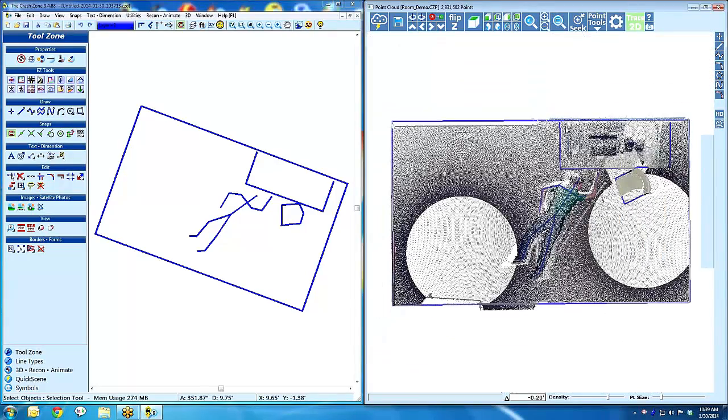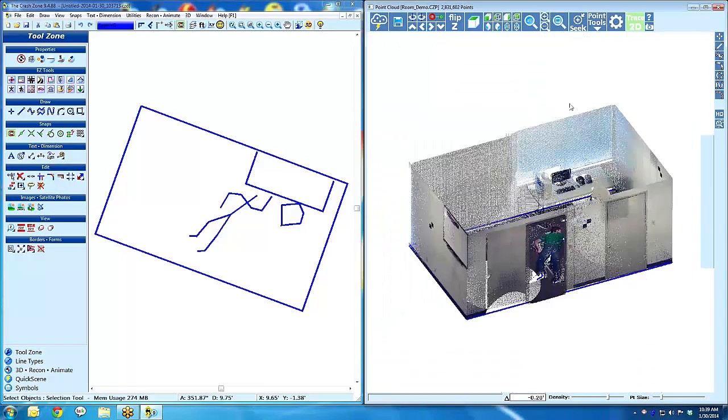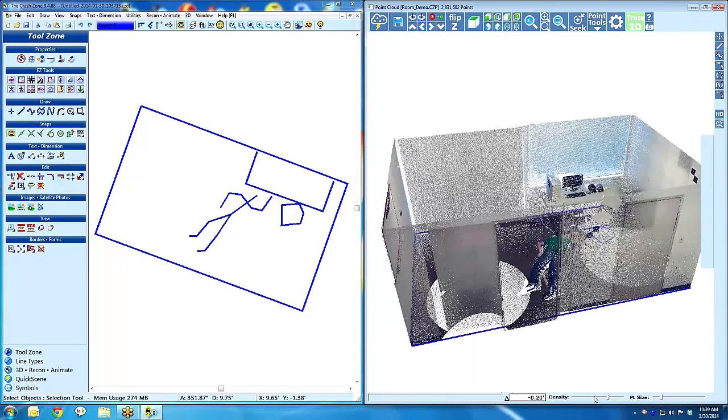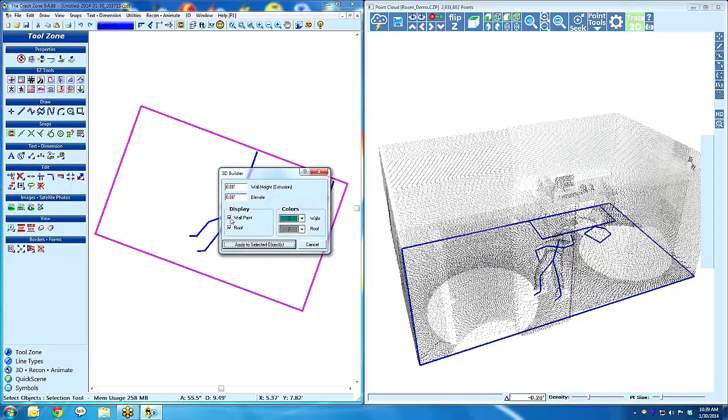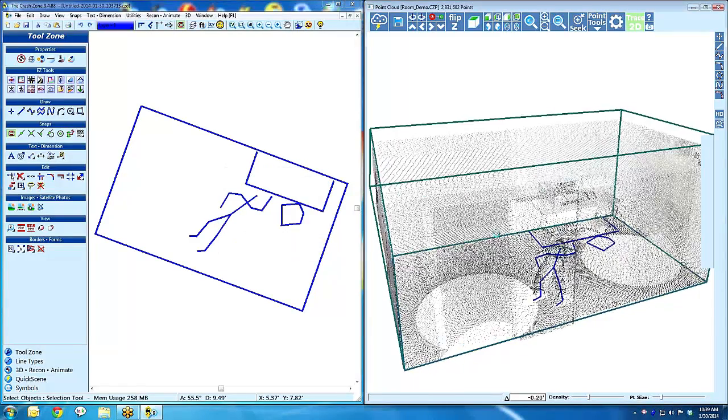Okay, so I've got my outlines in here. I'll go back to this view, and I'm going to thin up the density so you can see it a little bit. So I'm going to click on the outer wall, go to our 3D builder, and not put on wall paint, and give it an 8-foot wall height, and apply that. Okay, so there you have your walls